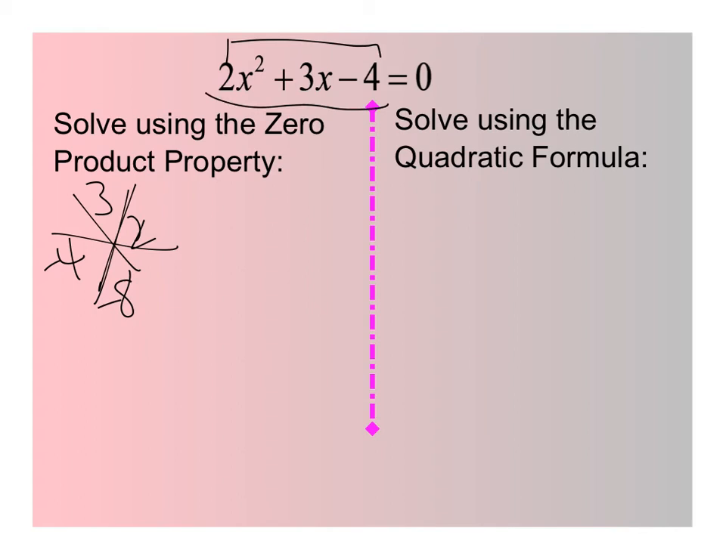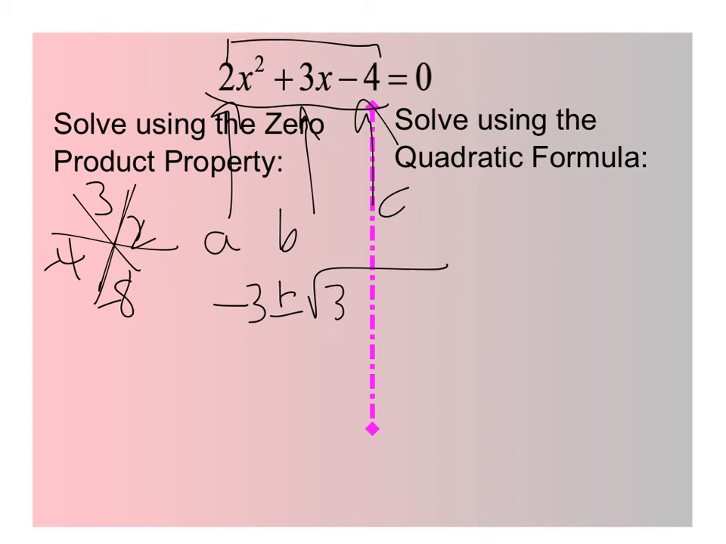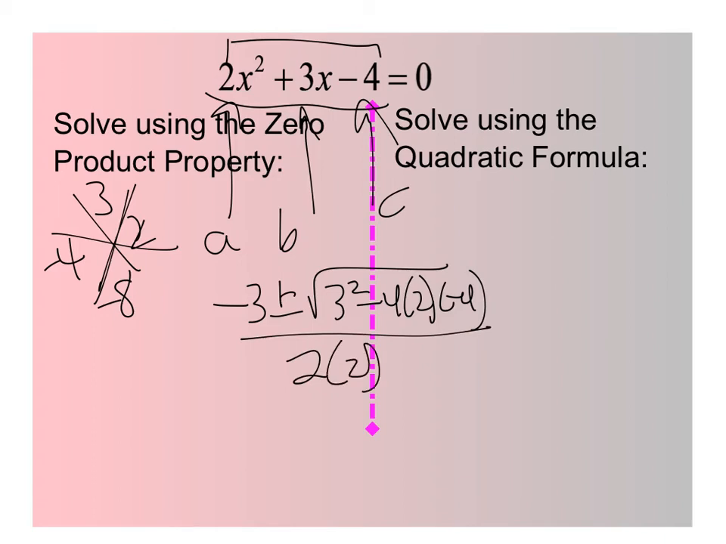So look in here, negative b, well, here's a, here's b, here's c. Watch your signs. So you've got to go negative 3 plus or minus the square root of 3 squared minus 4 times 2 times negative 4, all over 2 times 2. All right, so negative 3 plus or minus the square root of 3 squared minus 4 times 2 times negative 4, all over 4. So that's going to be, let me rewrite up here, negative 3 plus or minus the square root